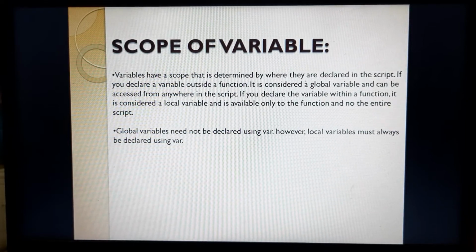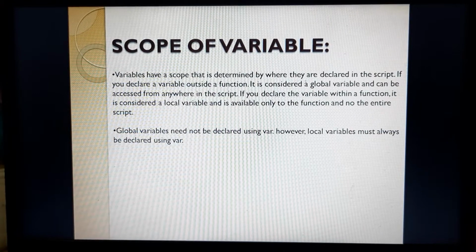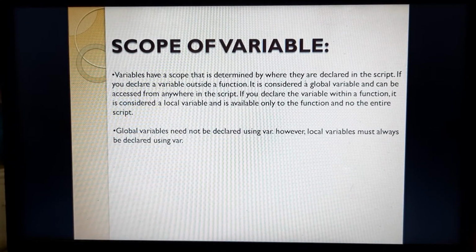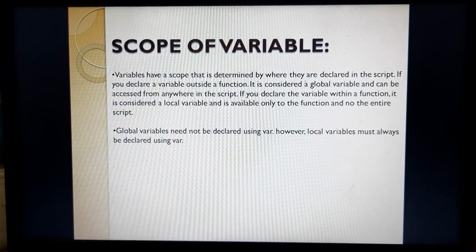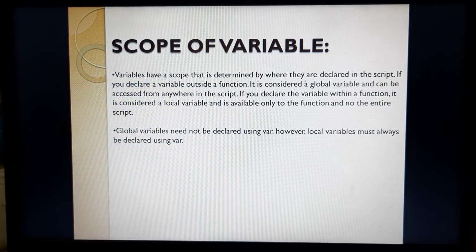So we can have two types of declarations. For example, if you declare a variable outside a function, it is a global variable and can be accessed from anywhere in the script. If you declare any variable within your function, it is considered a local variable and it is only available to that function, and you cannot use that variable outside the function.